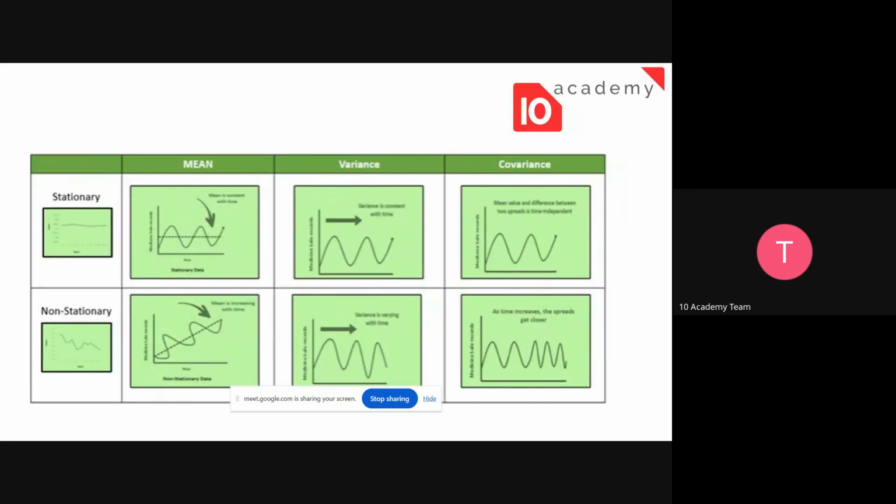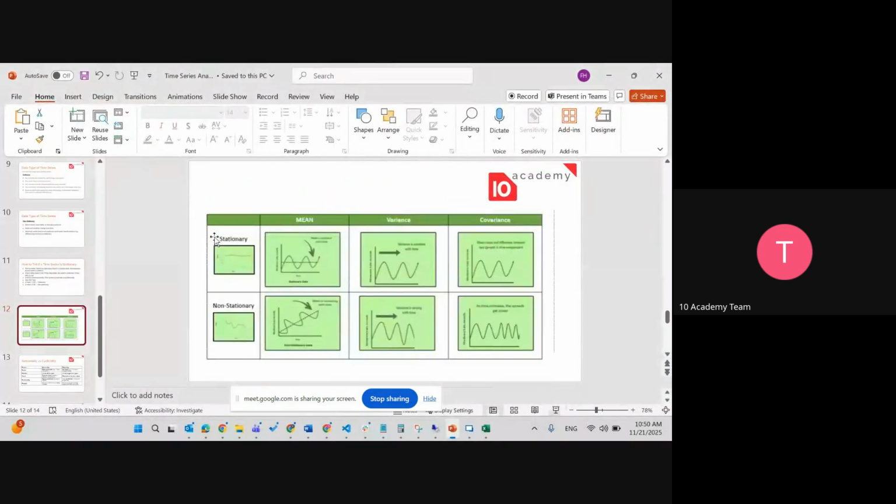So for example, in this plot, you can see the stationary one here is stable. I'm not talking about the data being stable, guys, we need to be clear on that. It's just the mean value. Does the data oscillate around the mean value? For example, if you have 100, 150, 200,